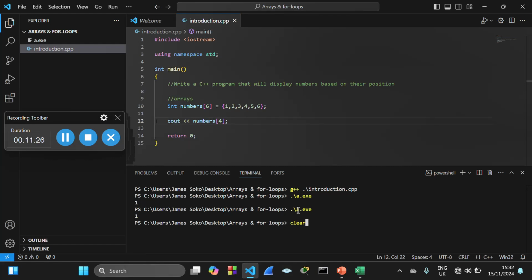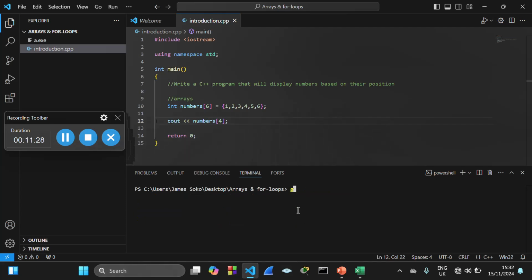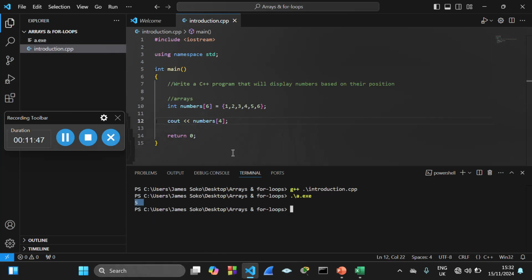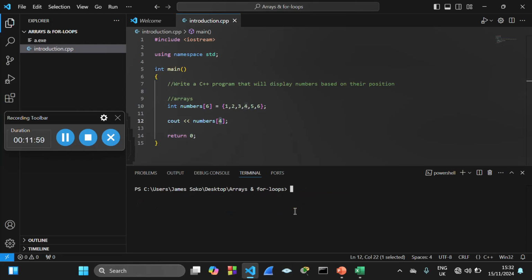So let me run the program again. So we say G++, then the name of this file, introduction.cpp. Then now that file which is created, we just run it, then enter. As you can see, we've printed out 5 because 5 is on position number 4 if we count from 0, 0, 1, 2, 3, 4. Okay, so that's all about arrays. This is the example we use. Now